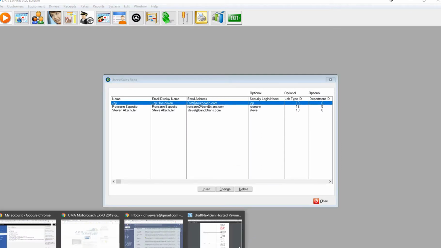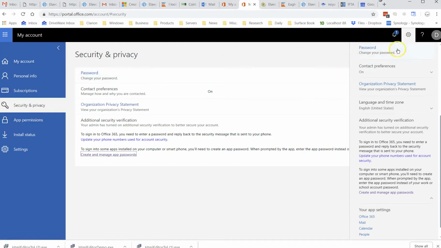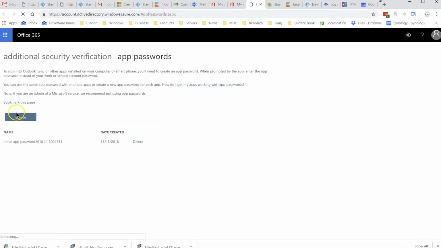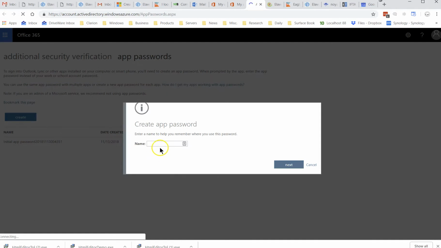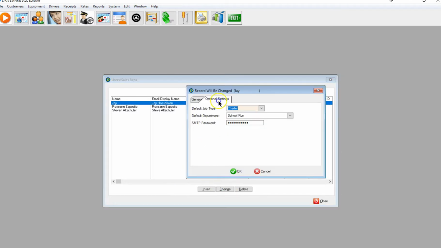Now in your Office 365 you would go into security, so basically you go to settings, and then here you would go to the security and privacy, and then there is an option here for the double factor authentication. If you're using double factor authentication, you would click manage app password, and then here you would create an app password for Driveware, so you would put in Driveware, and then here you would copy this password and you go back to our system and you put that password here,